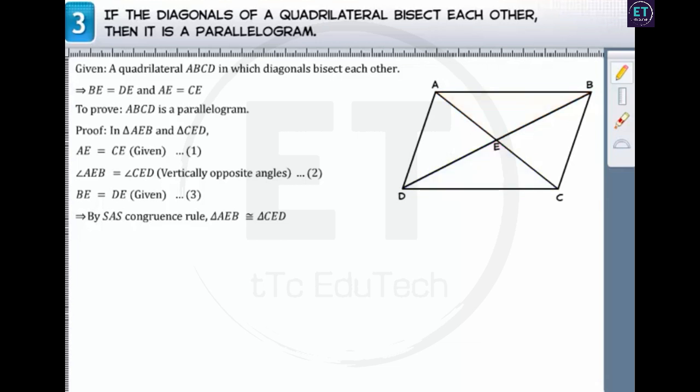Now, since corresponding parts of congruent triangles are equal, angle ABE is equal to angle CDE, which are the alternate interior angles for lines AB and DC and transversal DB. Thus, AB is parallel to DC. Also by CPCT, AB is equal to DC. Thus, in the quadrilateral ABCD, we have a pair of opposite sides equal and parallel. Hence,